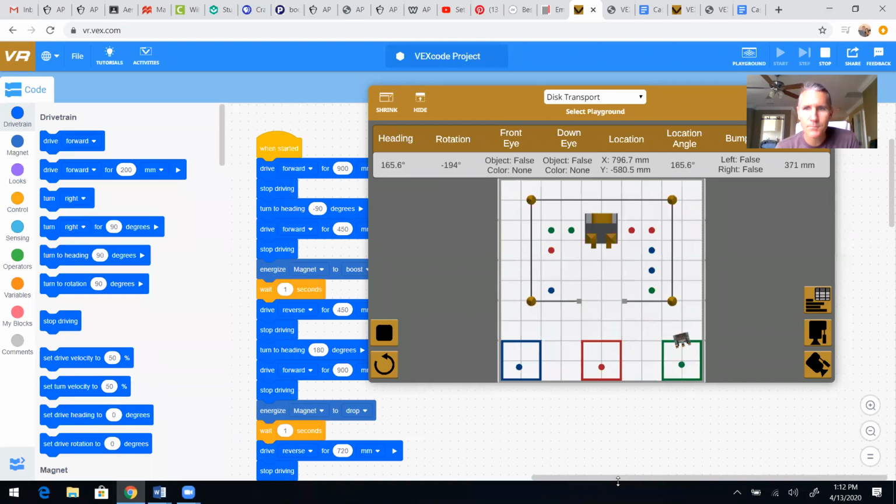And then I think I just have it, I forget where I stopped it. Oh yeah, I stopped it right there, so that it's able to go and then pick up other ones, okay? So this is under vr.vex.com. And then if you go to these activities right here,